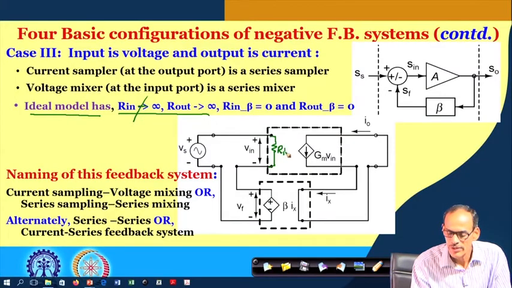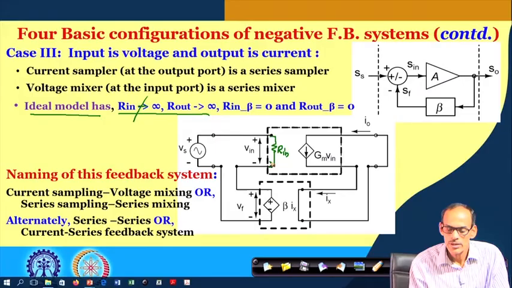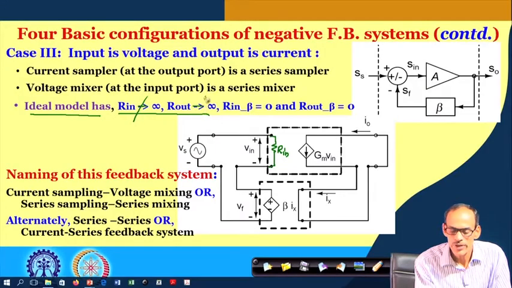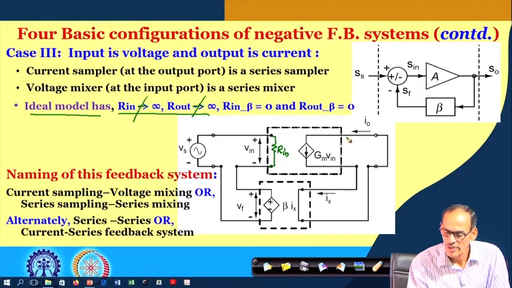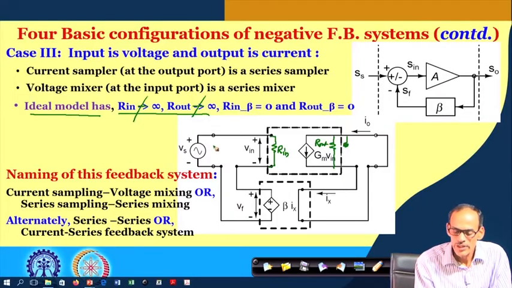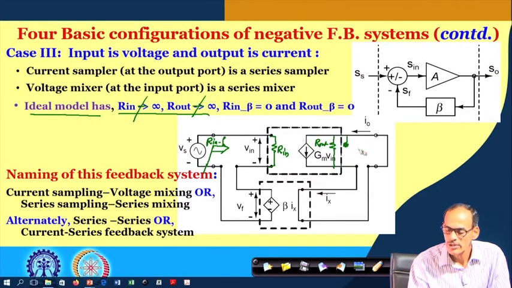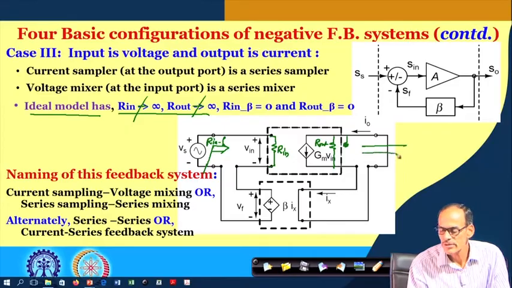So, if I have R in, and this is also not infinite, we have some internal conductance, or we may call it R out. Then if we want to know the corresponding input resistance R in of the feedback system, and likewise R out of the feedback system,